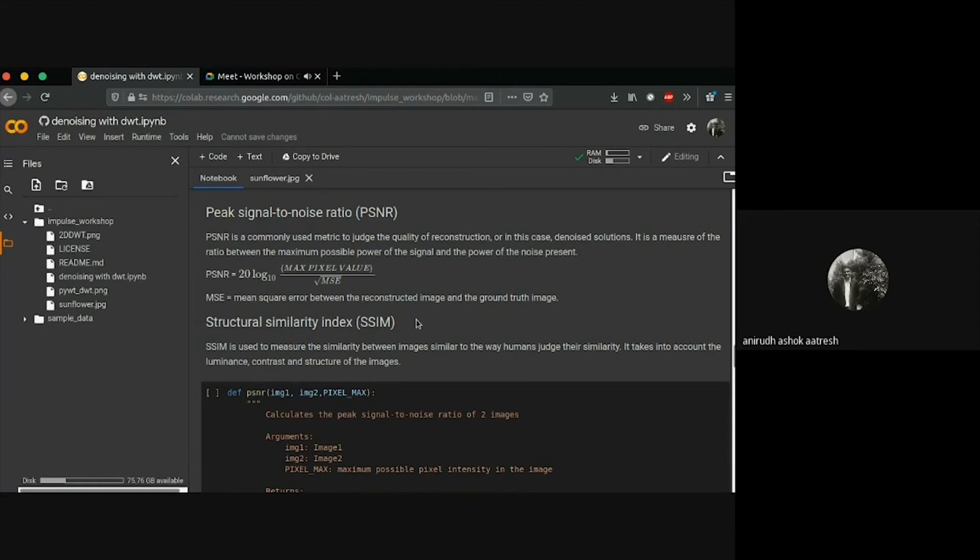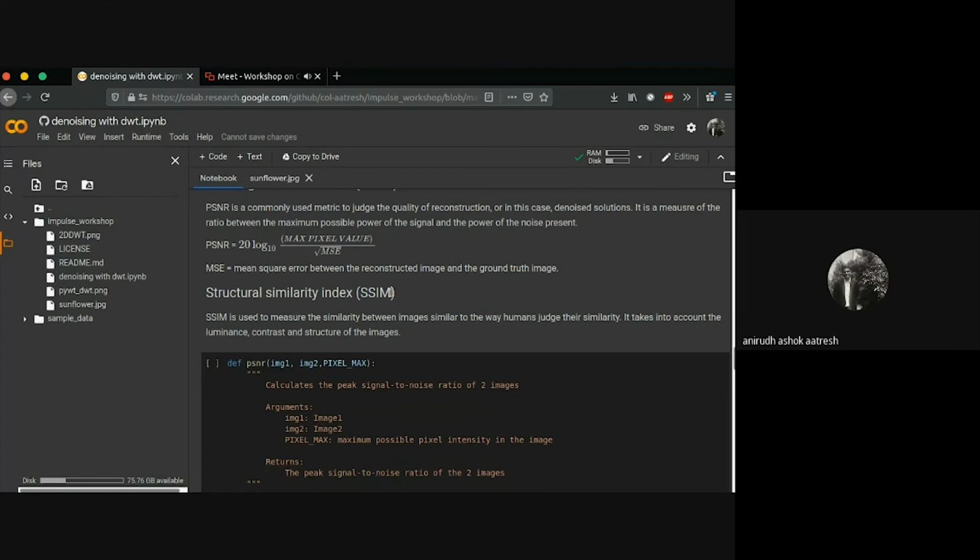Structural similarity index is another metric that's commonly used to judge the similarity between images. It's very similar to how the human eye judges similarity. It takes into consideration a few other sub-metrics such as luminance, contrast, and structure of the image.